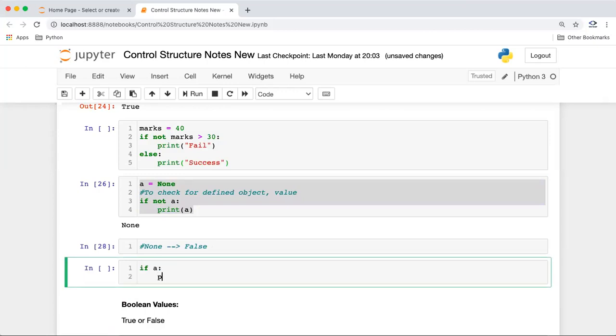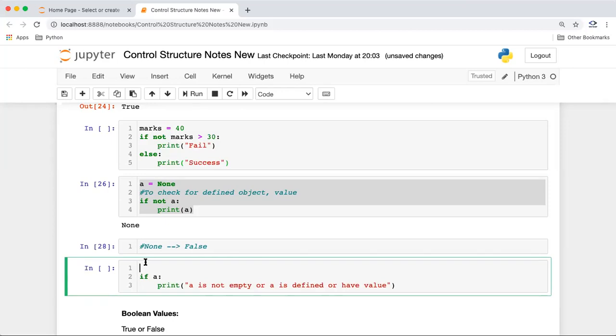And we can print a is not null or not empty, or we can say a is defined or has a value. This is one option to check if a is defined or holds a value.